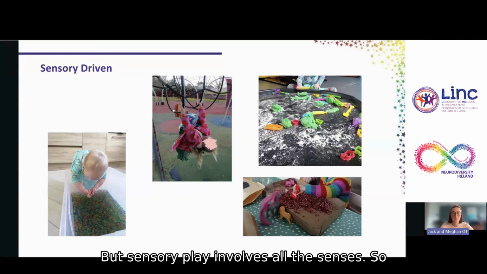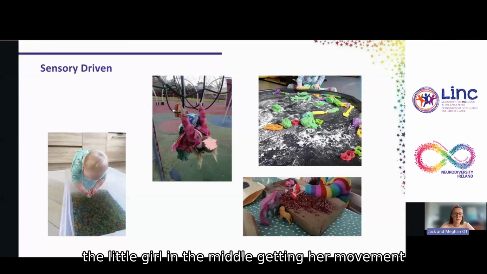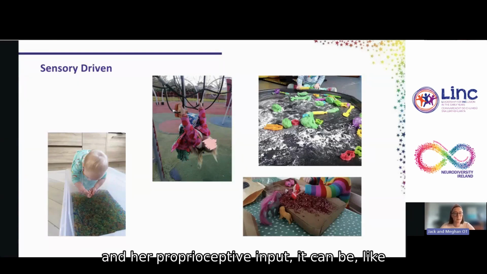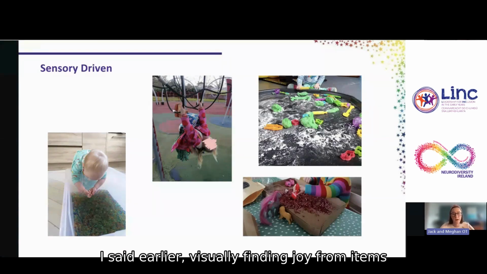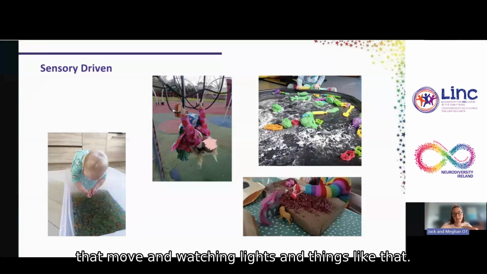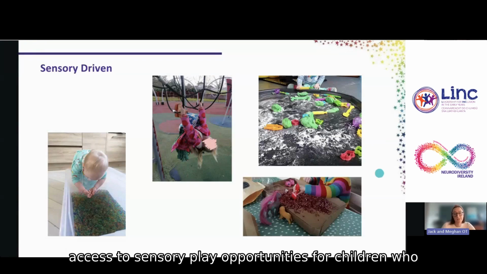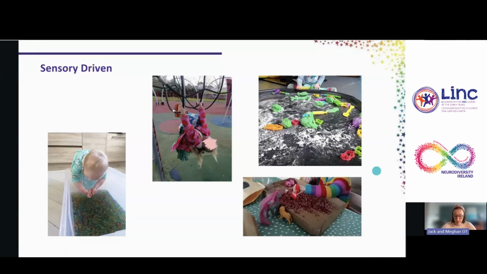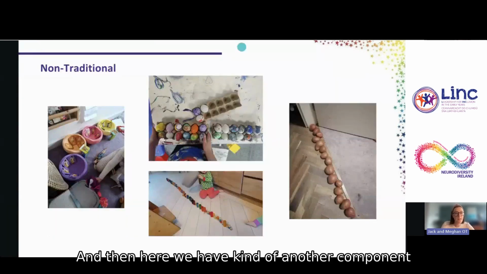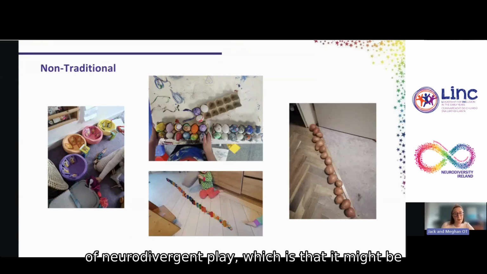But sensory play involves all the senses. So the little girl in the middle, getting her movement and her proprioceptive input. It can be, like I said earlier, visually finding joy from items that move and watching lights and things like that. So if we are thinking of increasing access to sensory play opportunities for children who we want to try that out with, try not just sensory play, but look at those other senses as well. And then here we have another component of neurodivergent play, which is that it